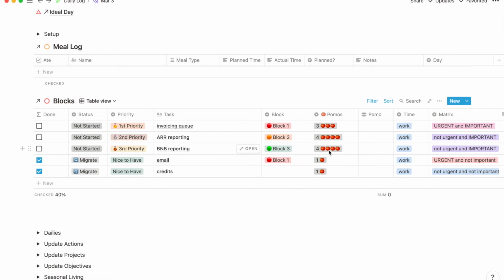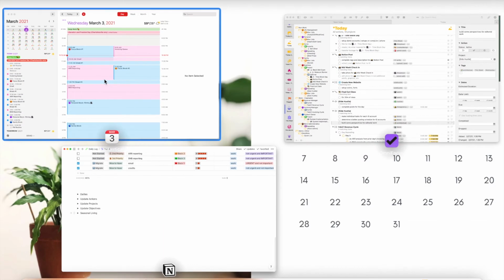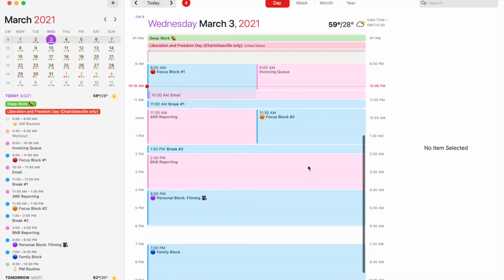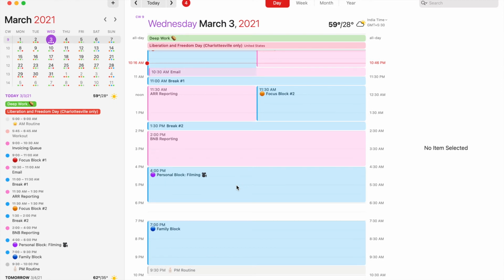Then you're actually going to slot in those different items. So this is where you go to your calendar and you say, all right, what is my capacity looking like? What can I actually get accomplished? Maybe I have a